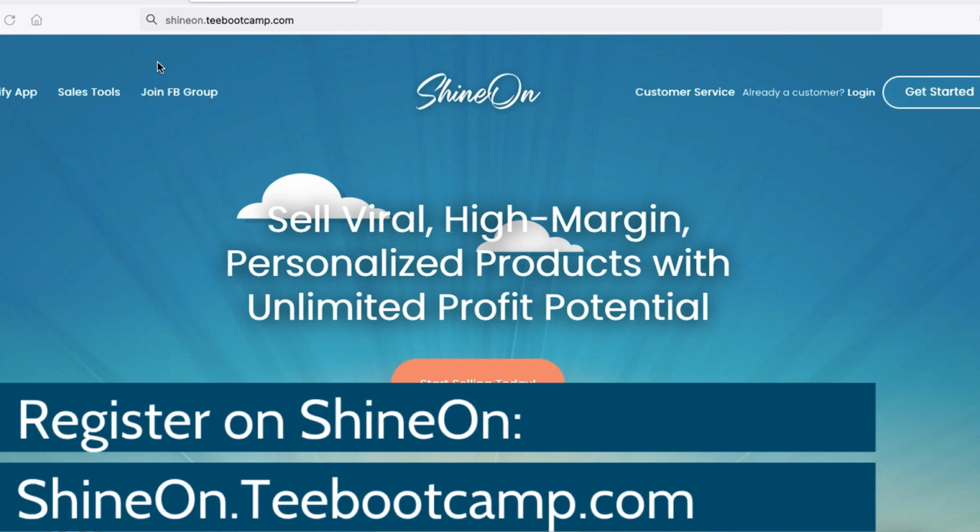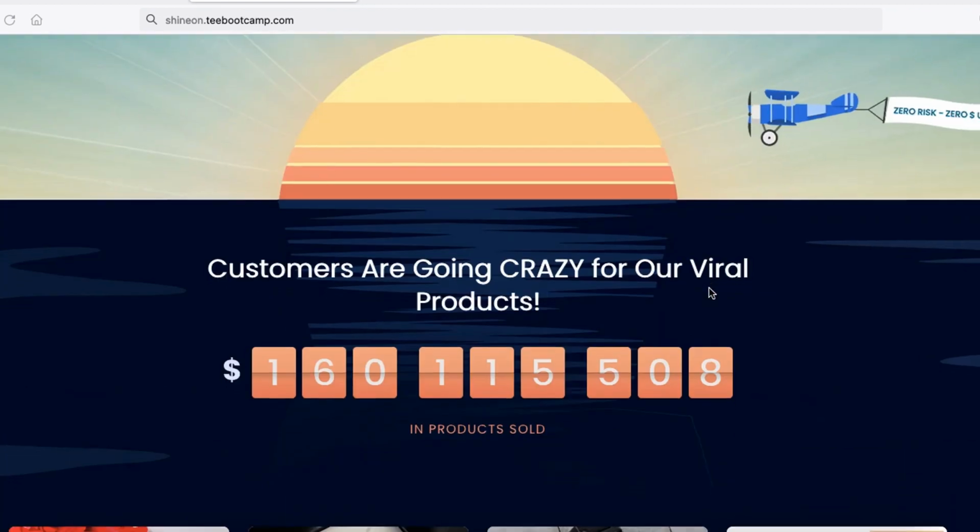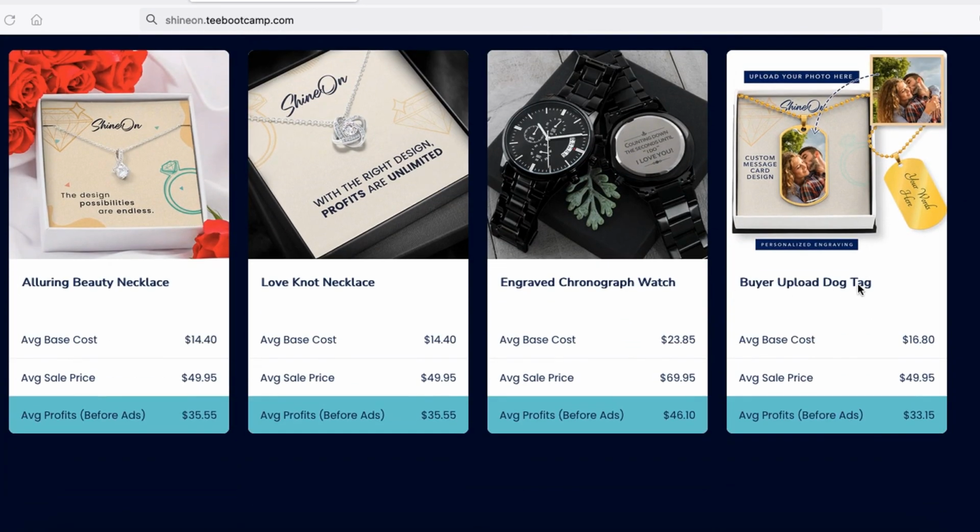So the first thing you want to do is go to shineon.teebootcamp.com and you'll be redirected to this page. Now, if you scroll all the way down here, you actually get to see some of the product pricing for some of the products. As you can see, for this one necklace over here, the base cost will cost you around $14.40. The sale price that they actually recommend is about $50, and you're looking at a $35 profit